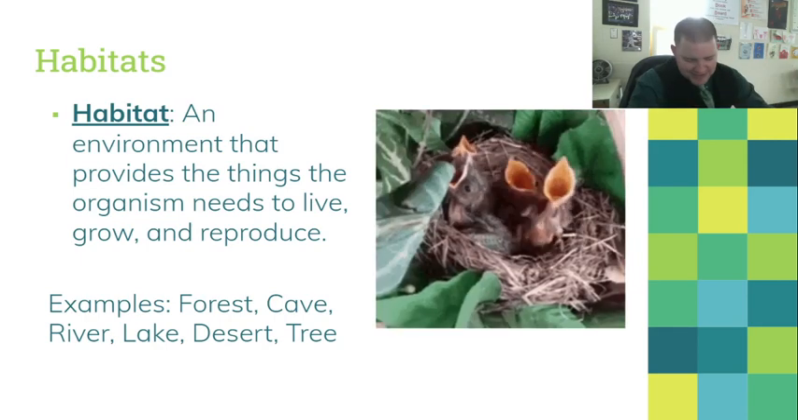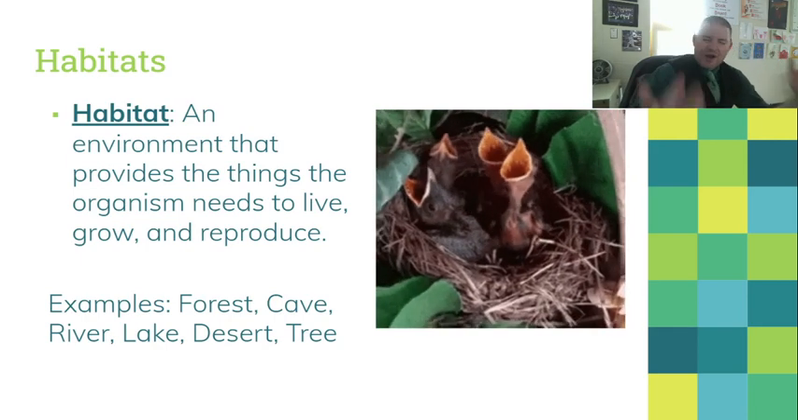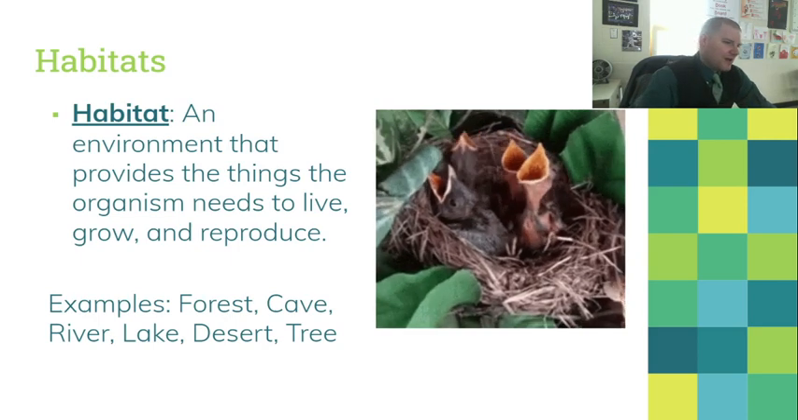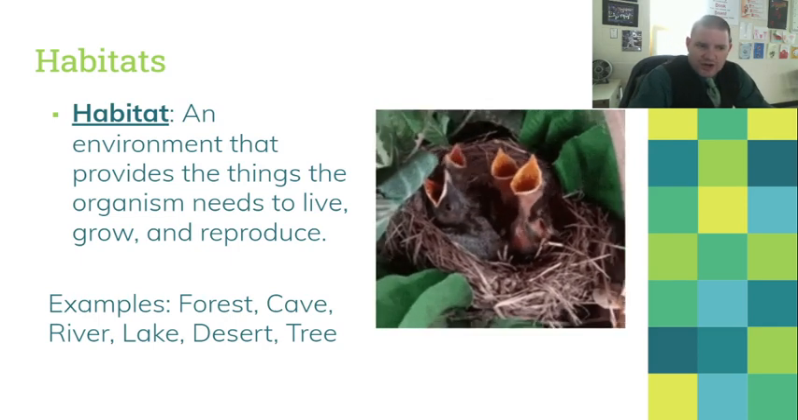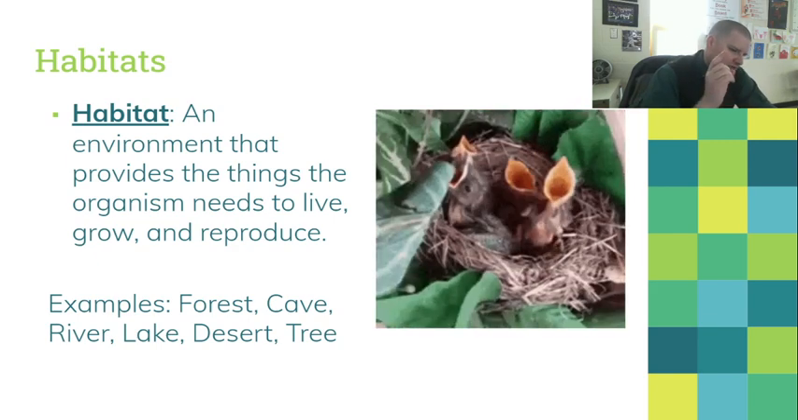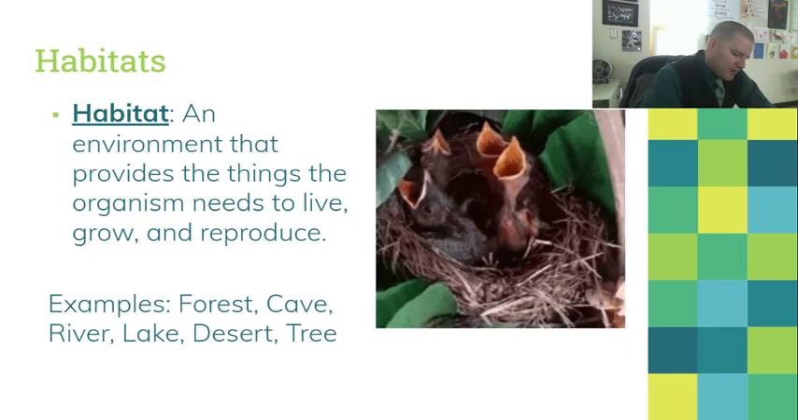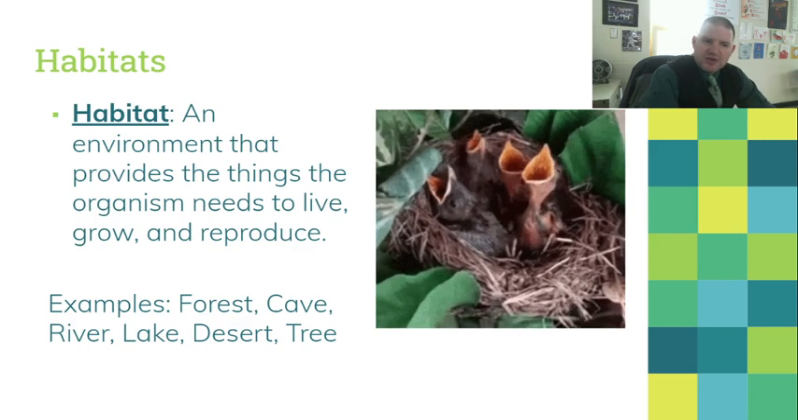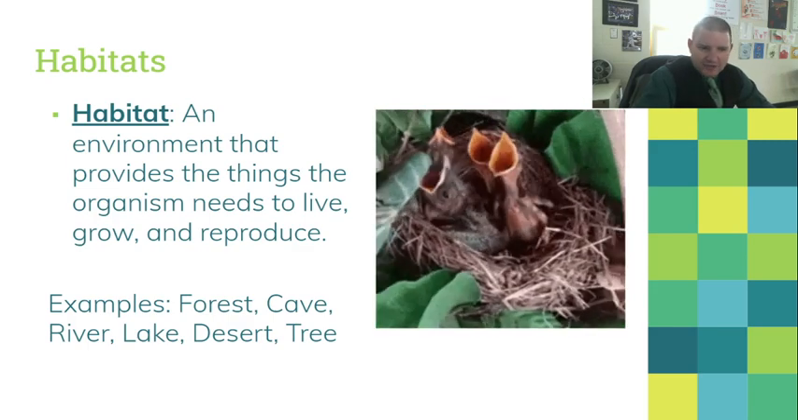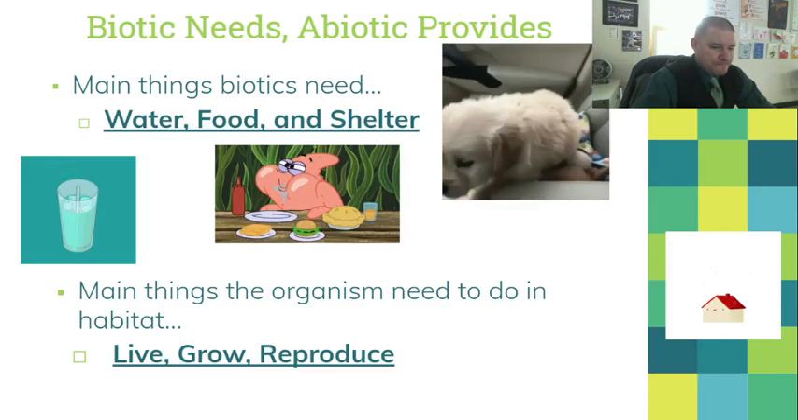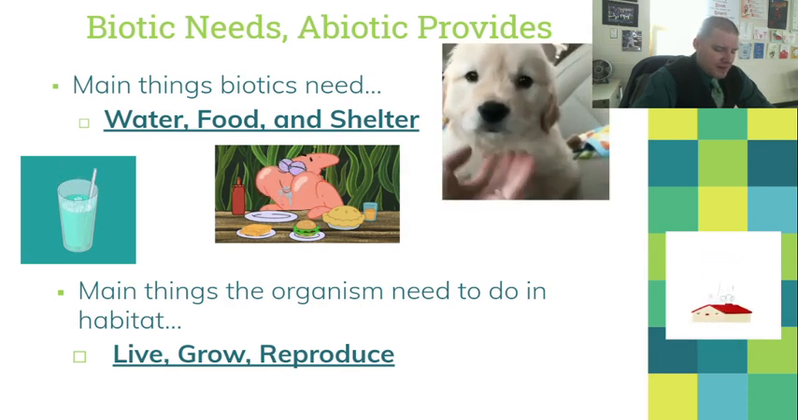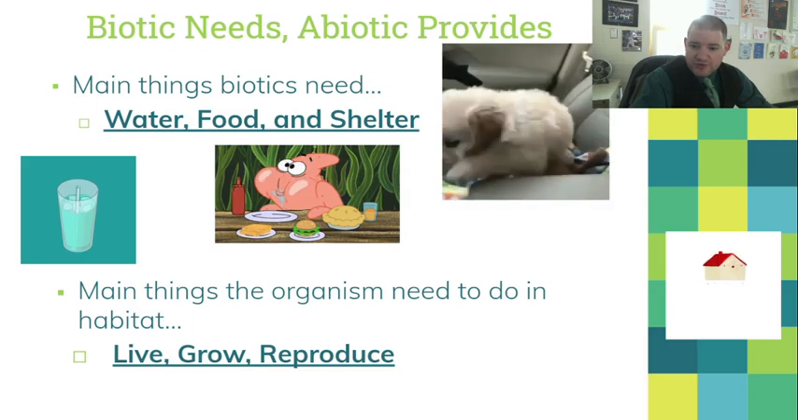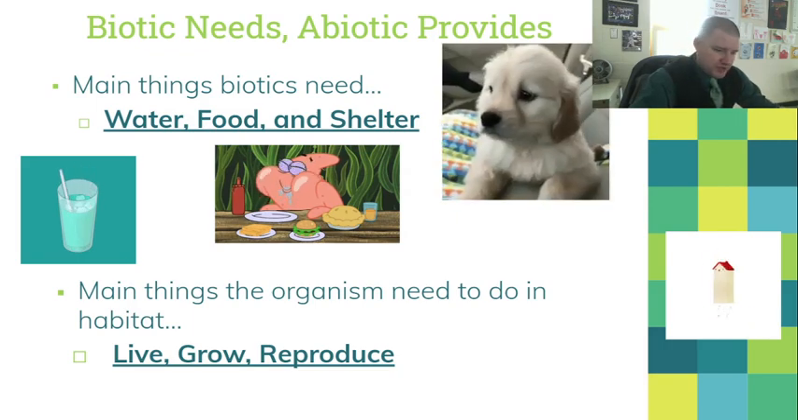So we mentioned habitat a lot. You probably already know what the word habitat means, but we never formally, officially introduced it. Basically, it's your environment, and it provides things that you need to live, grow, reproduce, do all the things that you need to do in order to make sure that you are alive. So what the abiotic stuff provides is things like water, food, and shelter in order for us to live, grow,